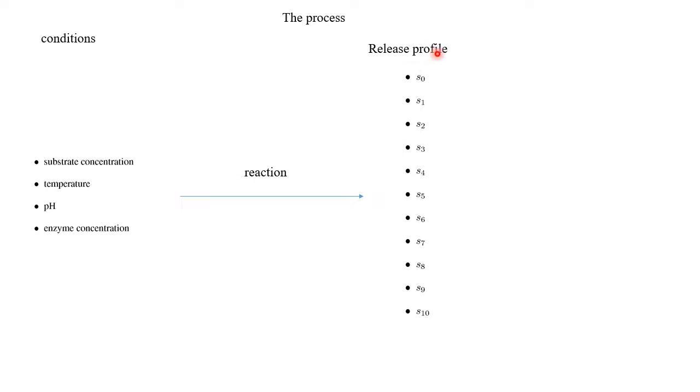This is a summary of the process. The conditions were the substrate concentration, that's the apple pomace, the temperature in the bioreactor, the pH, and the enzyme concentration. This was then put into the bioreactor, and the reaction took place, and the output was what we can call a release profile. The S_i here is the concentration or the percentage of sugar released at time i. So initially, no sugar is released, so this S_0 is 0. And the release profile is then a vector, an 11-dimensional vector, and the input conditions were